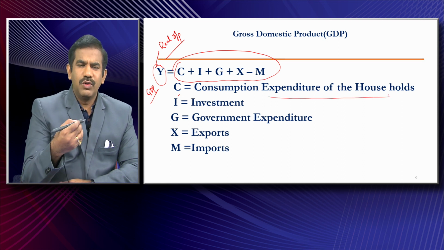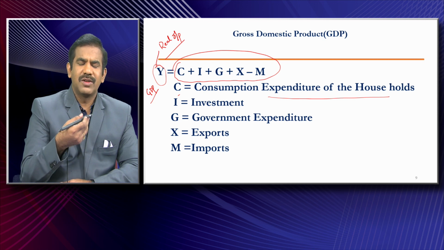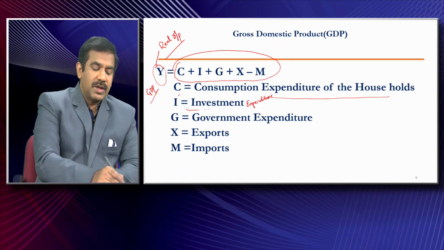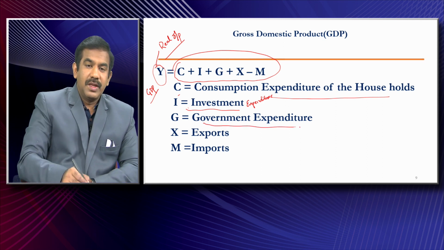Households are the ones who own the means of production. Okay, you, me, your family, my family. The expenditure that we make on our needs, wants, necessities, or luxuries, any expenditure that we households make, and the investment expenditure of the firms which produce various goods and services. The second part is we are summing up the investment expenditure made by various investors in the economy, and the third is the expenditure made by the government.